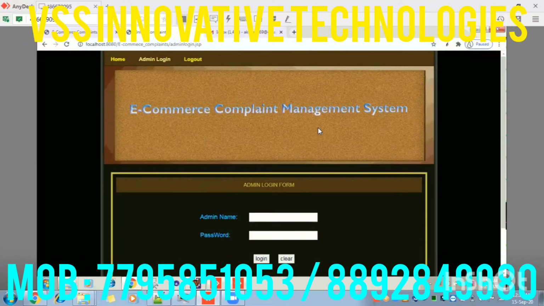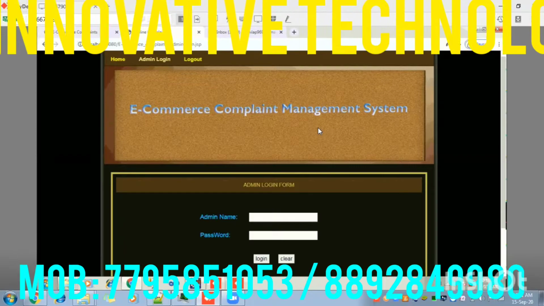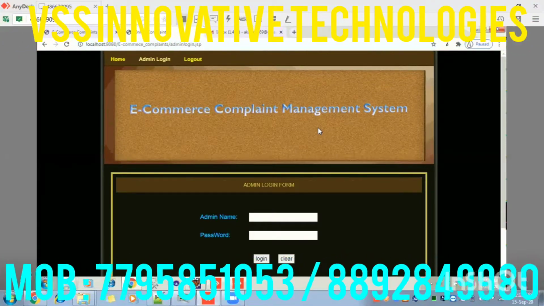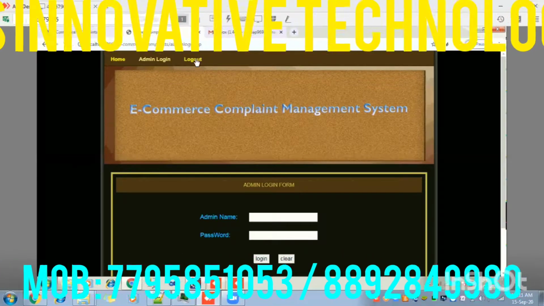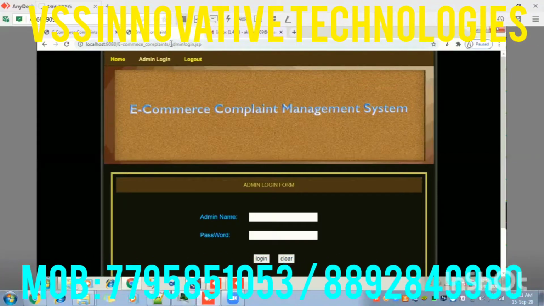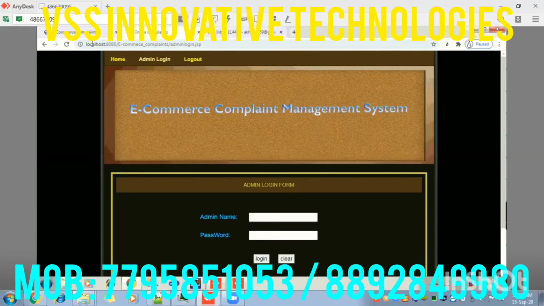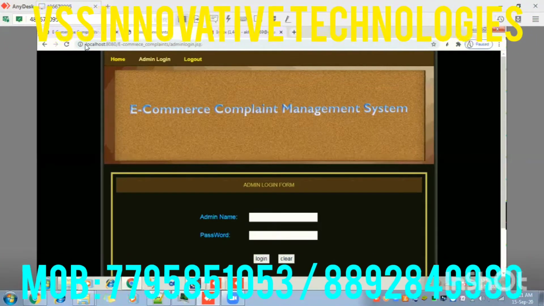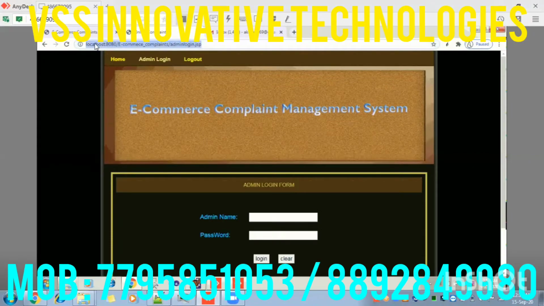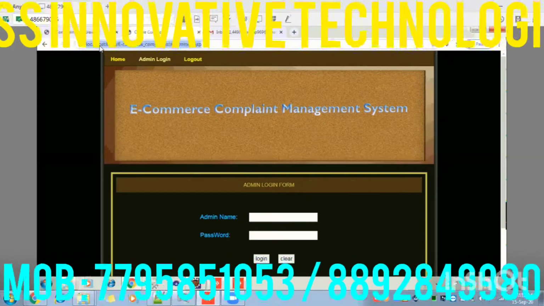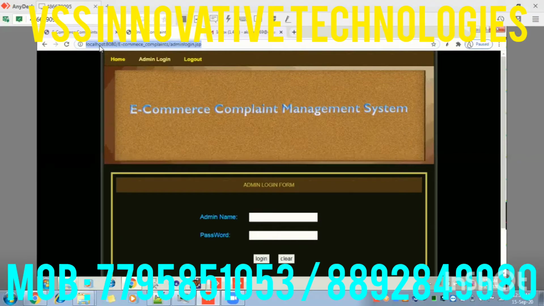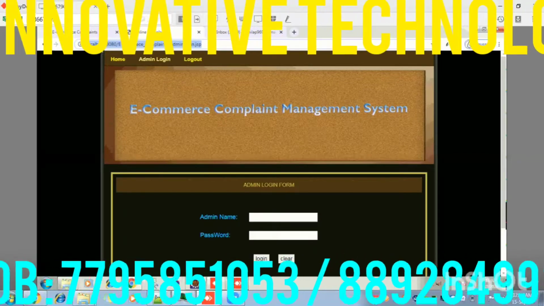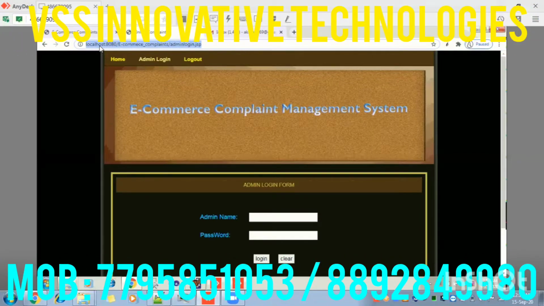But if you want to change it to your name, there are two ways to change the name. First option, for example, this page, you can see from where it is loading. You can observe this URL. In the URL, localhost is there first. Localhost means your laptop; your code is running from your laptop.